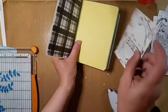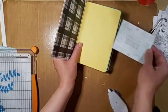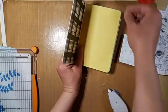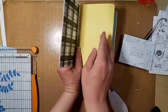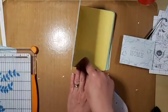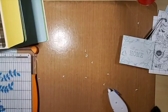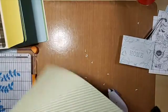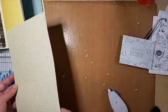I like that sentiment. I could put the other one this way too, but then this way I can make a tag or two that they can pull out and put sticker or, you know, pictures or journaling on. So let's make the little, I'm going to make a little pocket first. And maybe we do it out of this one. So I think I'm going to do